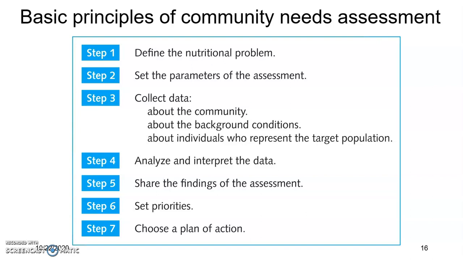So you dah set priorities, nak settlekan masalah kencing manis, then you choose a plan of action. So apakah intervention yang you nak buat ataupun apakah program yang you nak buat supaya that community can reduce the incident of diabetes. Alright? So apa yang you perlu buat sekarang adalah to remember all these 7 steps and you can define each steps clearly. Okay, without skipping one steps and then jumping out here, jumping out there. So you can ingat the chronology of the steps. Alright.